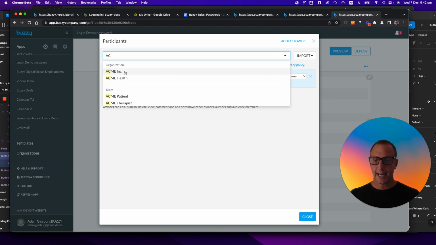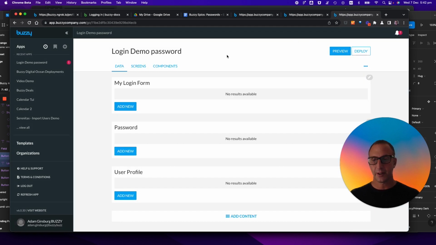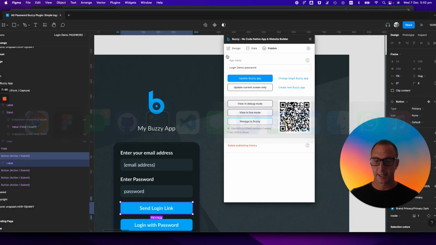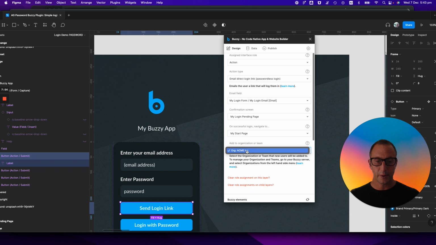So again, you could add things like the teams or the organizations to this, which would then allow you to configure that now in the plugin. So there's a bit of setup required. You just need to think about how you want to manage your security in your organizations. If I come back in here now, what we can see is that we can now select, we've only got one, but you could select from the organization or multiple organizations that are on that application. And when a user signs up, if you've got this set up on the server, now you can